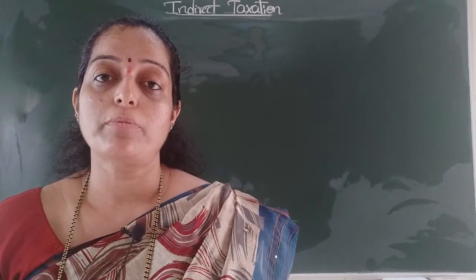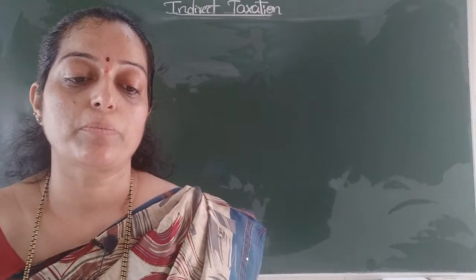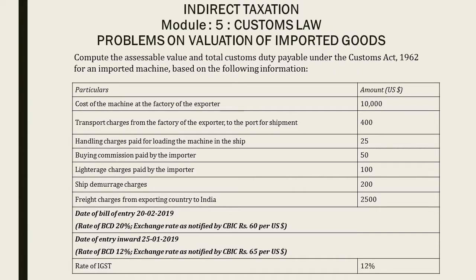We will continue with the problems on customs duty, that is, imported goods. You can refer to the screen for the problem. Compute the assessable value and total customs duty payable under the Customs Act 1962 for an imported machine based on the following information. Particulars: amount in US dollars given, cost of the machine at the factory of the exporter